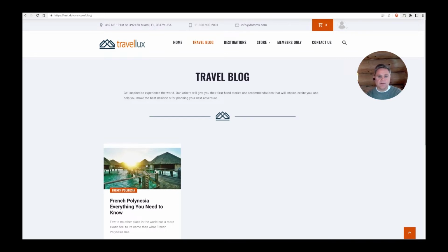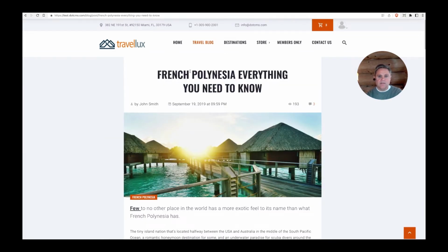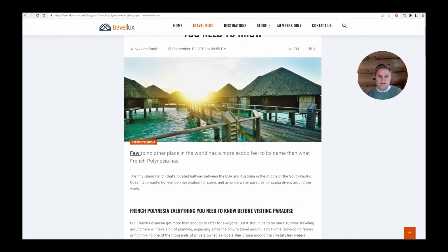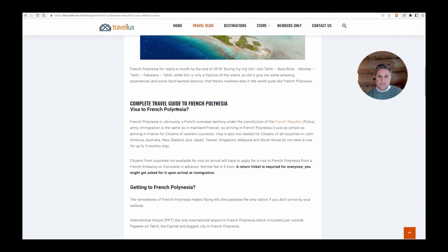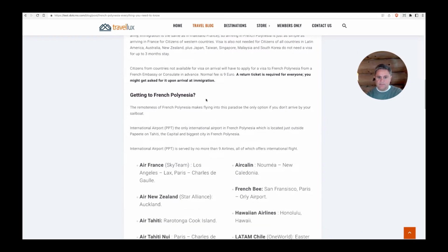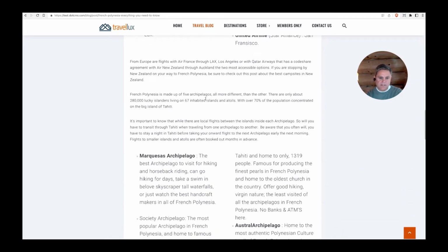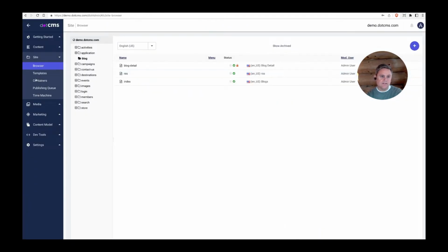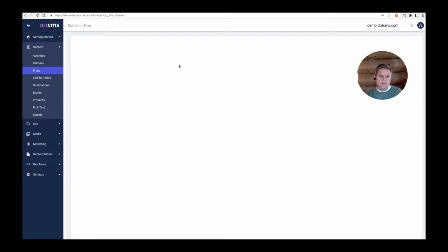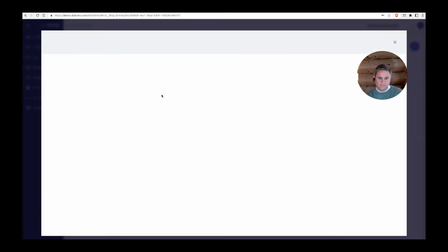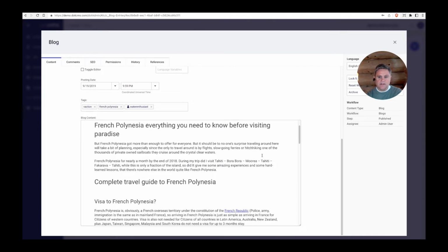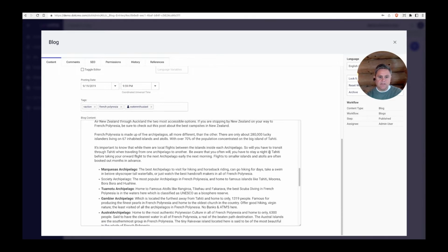So if I come to our demo site and take a look at this blog entry, you can see here it's a rich text. It has different sections, and it is being fully delivered by the block editor. So if I come to the back end and take a look at the blogs and come down to the bottom, you can see here, this is the block editor. This is what is being spit out